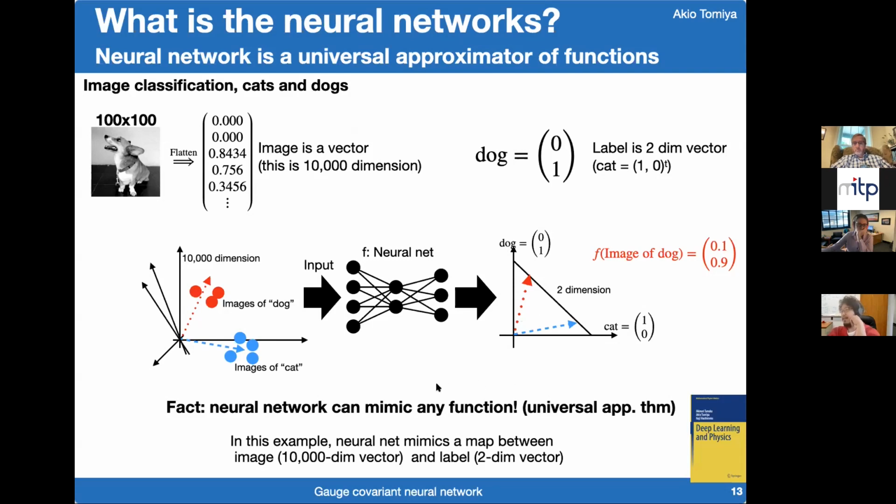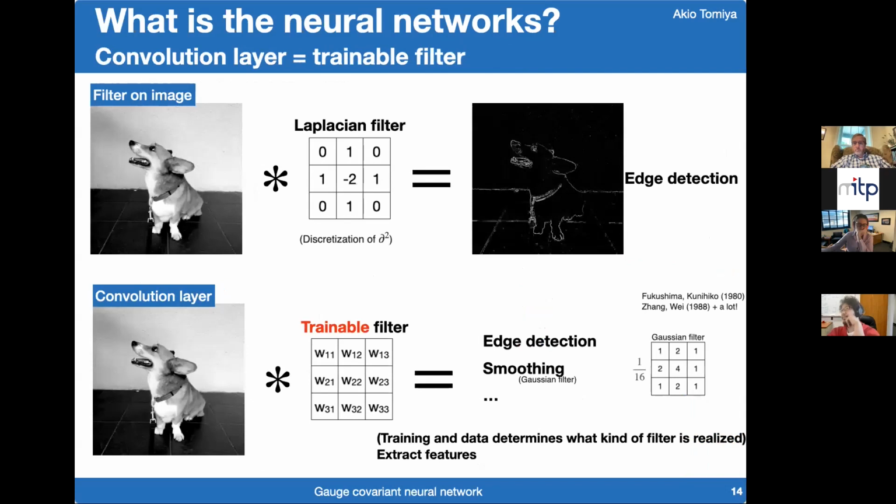There is a fact called the universal approximation theorem, which tells us that a neural network can mimic any function in a certain limit. In this example, the neural network mimics a map between the images and the labels. Okay, let me move on to